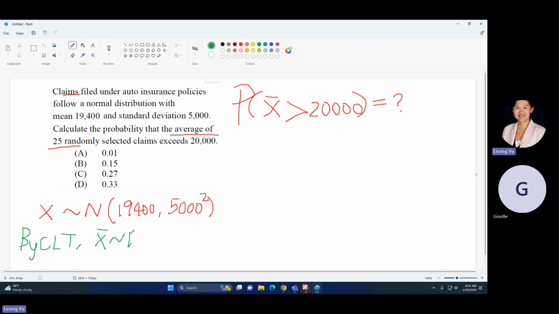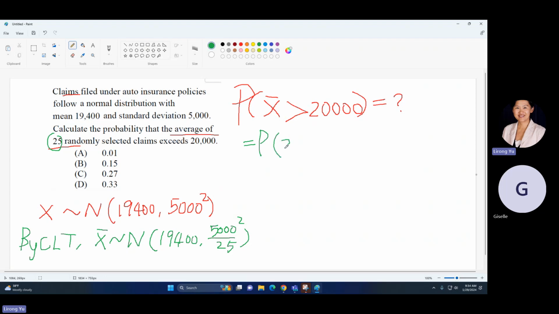According to the central limit theorem, what should be the mean? 19,400. It would be the same, right? And the variance is different, right? The variance should be the original variance divided by n, and in this case, n is 25. We're going to take 5,000 squared divided by 25. And if you want to find the standard deviation, you have to take the square root. So this calculation is equal to